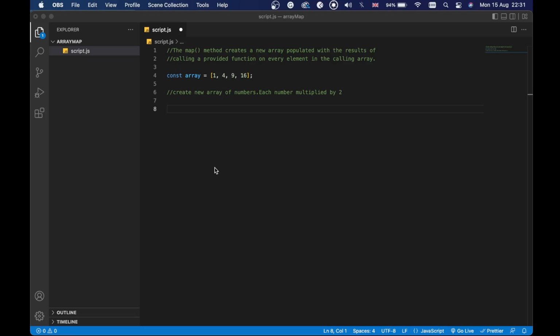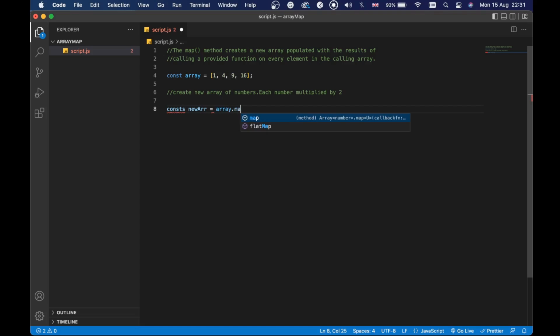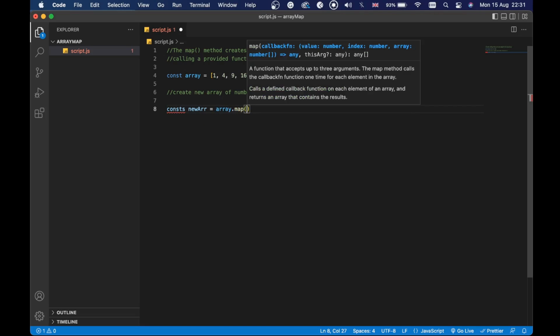The array.map method creates a new array populated with the results of calling a provided function on every element in the calling array. Down below we have an array consisting of numbers 1, 4, 9, and 16. Now what we will do is create a new array of numbers, and each number will be multiplied by 2. So to achieve that, we will say const newArray equals array.map, and we'll provide a callback function